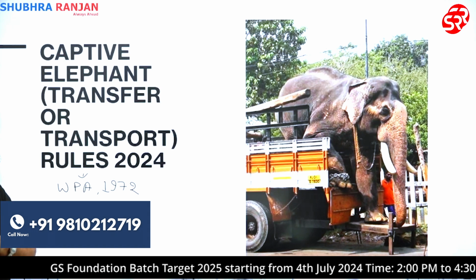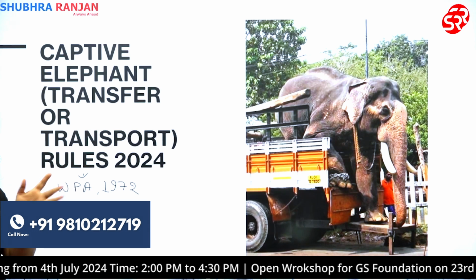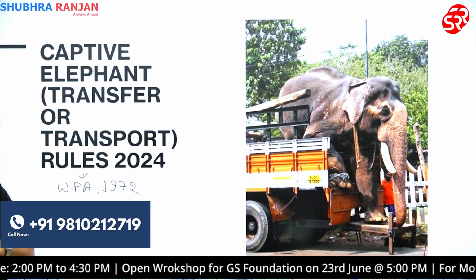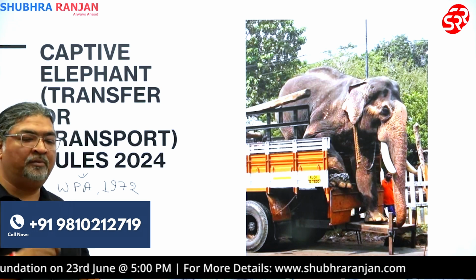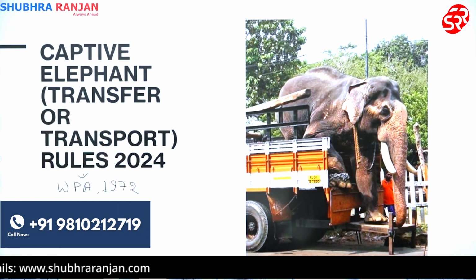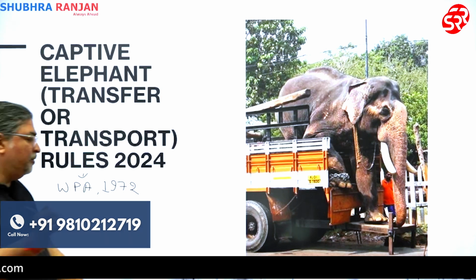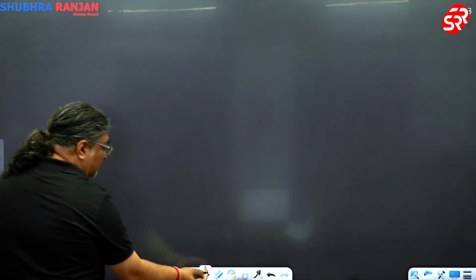Or sometimes what could happen? The elephant is orphaned. Understand orphan? No caretaker. Again, we need to transfer the elephant. So these rules have brought about this kind of animal conservation part of it. Transfer rules. So what is very important? Let me give the highlight part of it. So if you look at the highlight here,